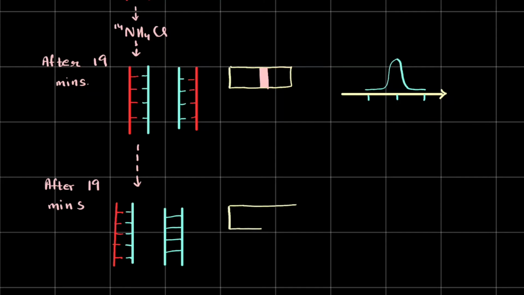Now this time, as we discussed previously, there will be one intermediate tube that will be thinner than the previous one. This is the intermediate tube, and there will be one light tube, right? Both of the same thickness. You see, there's one intermediate DNA and one light DNA. So 50% intermediate DNA, 50% light DNA, and that gives rise to two lines of same thickness on the CsCl centrifugation tube, right? And now if I draw the plot,